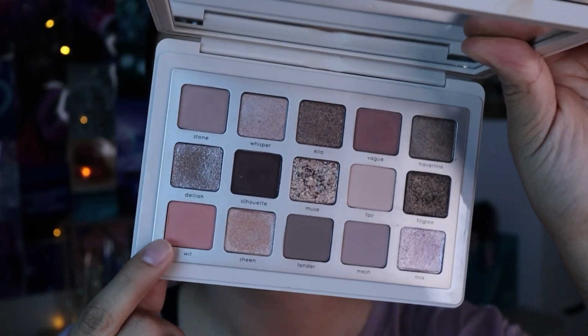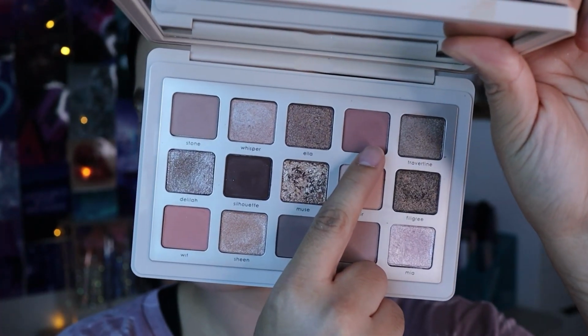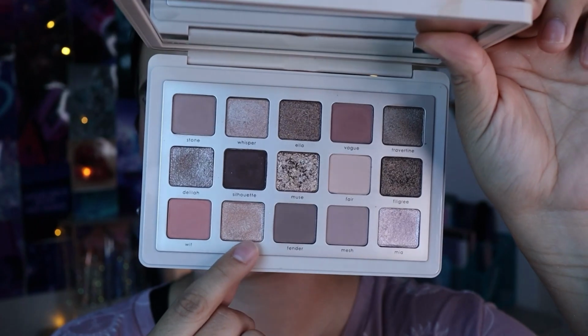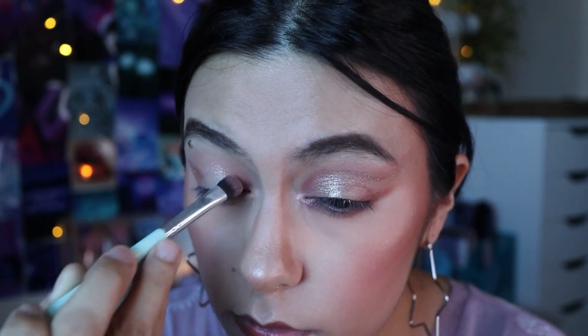Now for the second eye look, I tried to do it a little bit orangey, a little bit gray, but I focused more on the orange tones, and I wanted to add a little bit extra something to that look. So I did an angled halo look with that one. With the shade Muse, that shade is very, very sparkly and beautiful. It leans a little bit gold champagne, and I wanted to do something extra with that look,